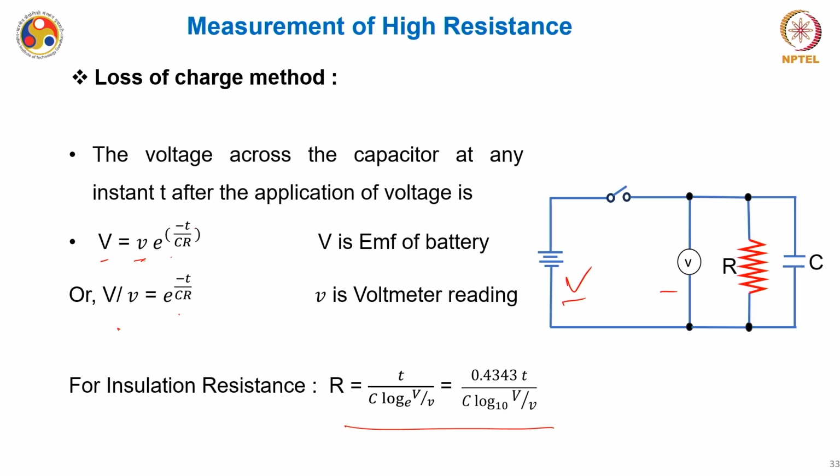So, for insulating resistance, this resistance R can be given as the time divided by the capacitance into log e V by v. And if I convert this into log 10, I will have this value as 0.4343 into time divided by C log 10 V by v. So now if I know the time, this V and v, the voltmeter reading, and the capacitance, I can calculate